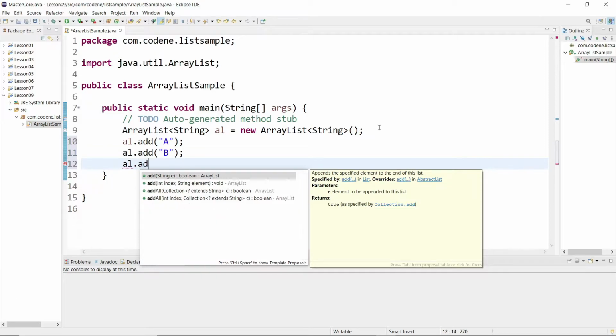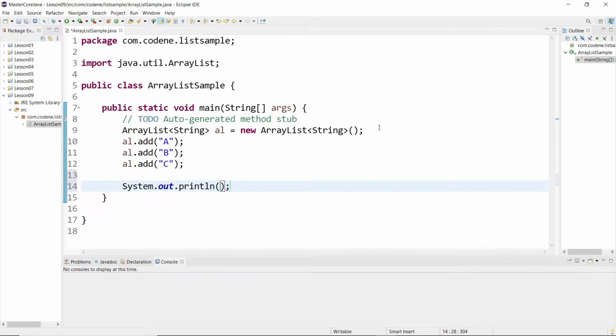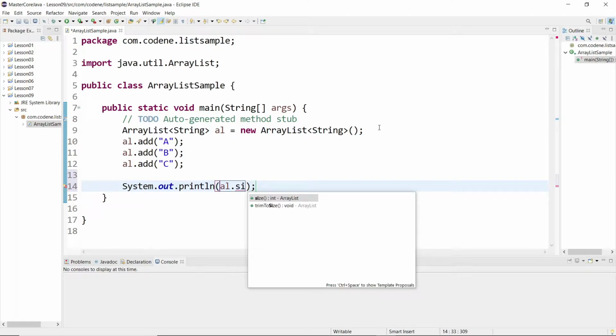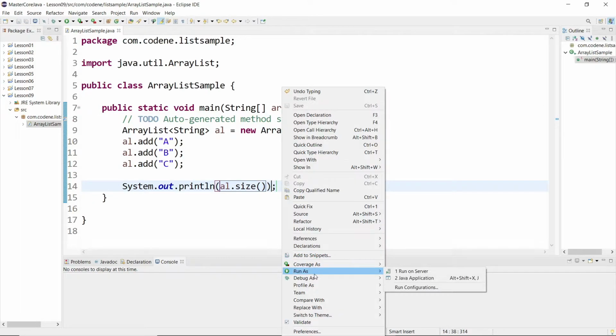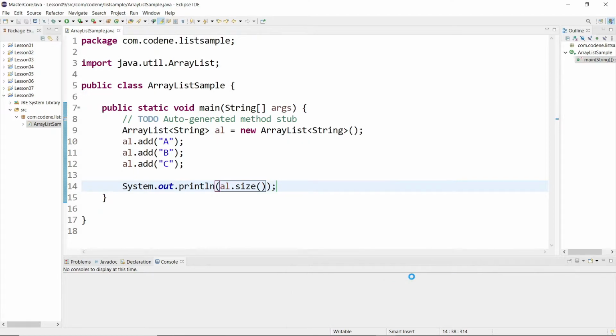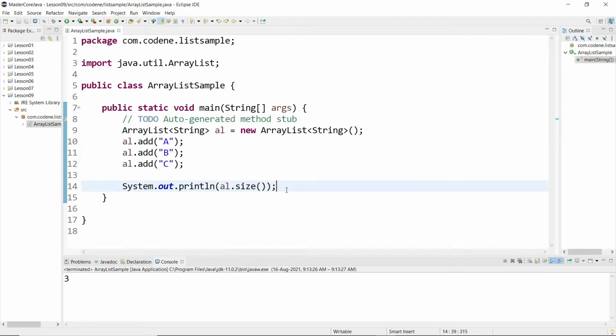Here let's say I'm adding c. Now if I want to print out the size of the array list I can do that as well. Let me just run this. Here we have added 3 elements and now the size is showing as 3.